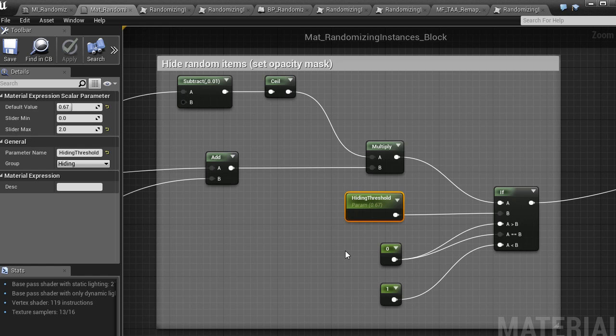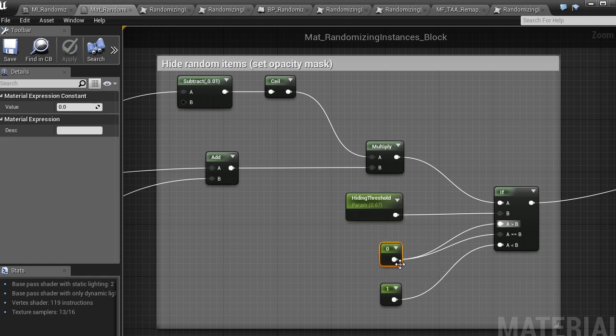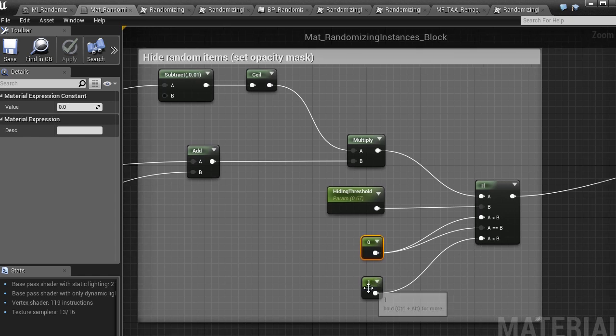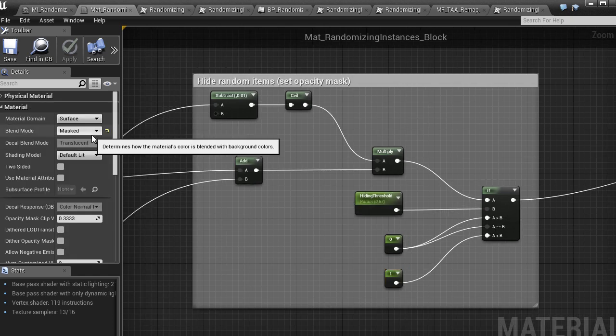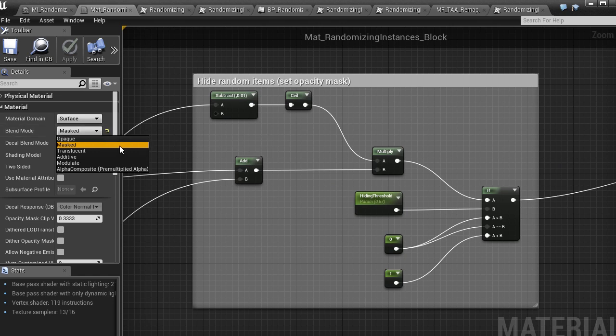If the new value is above the threshold, I choose to hide the item. It will be 0 in the opacity mask, and otherwise I'll decide to keep the item, so 1 in the opacity mask. And the blend mode of the material is set to masked.